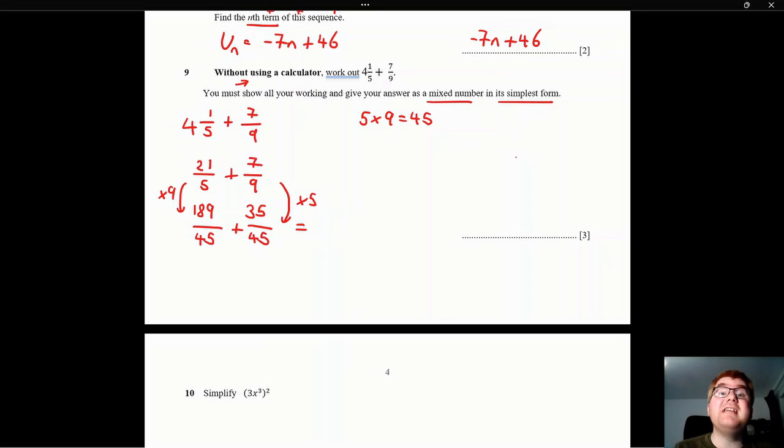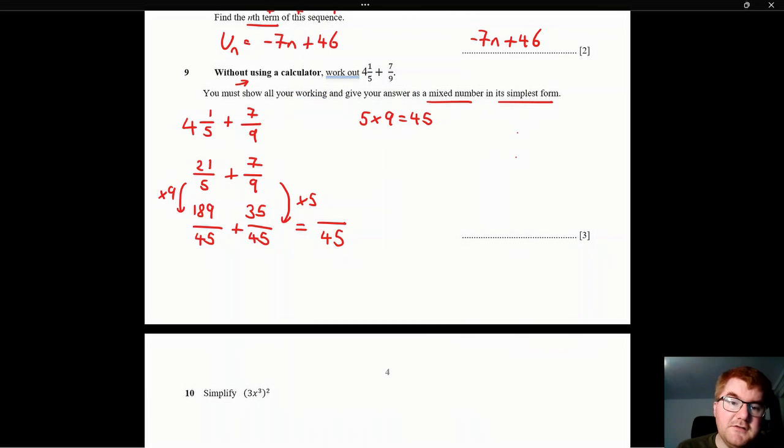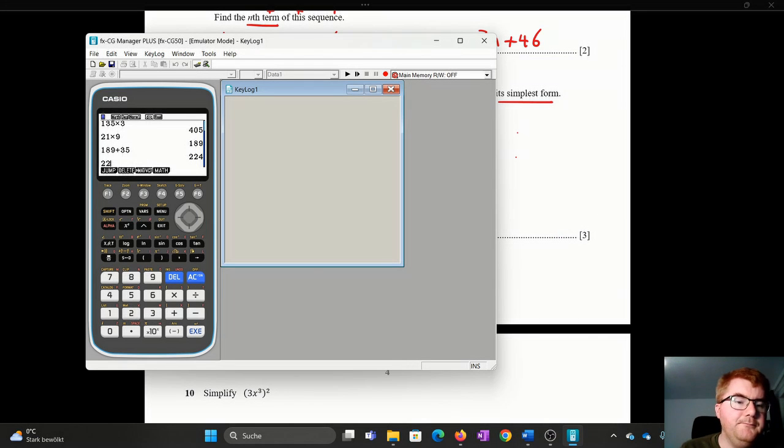Now we have the same common denominator. All we need to do is just add the top of the fractions together. So we get 189 plus 35. Again, you can always use calculators to do this simple arithmetic. That is absolutely allowed as long as you show your working. So here we get 224 over 45. And in fact, you could use your calculator at this point. So if I put this into my calculator,